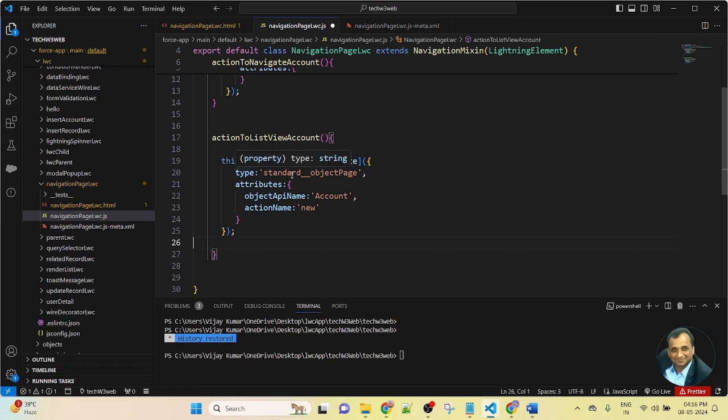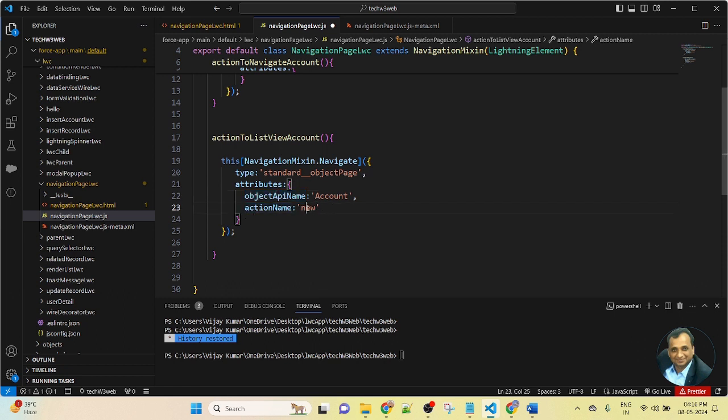This is a common type, a standard object page, with common attributes. Here the object name is account, because if I click on the button I will navigate to the account list view. If you want to navigate to contact, then mention contact here. If you want to navigate to opportunity, then mention opportunity. So this is the object name where you want to navigate.